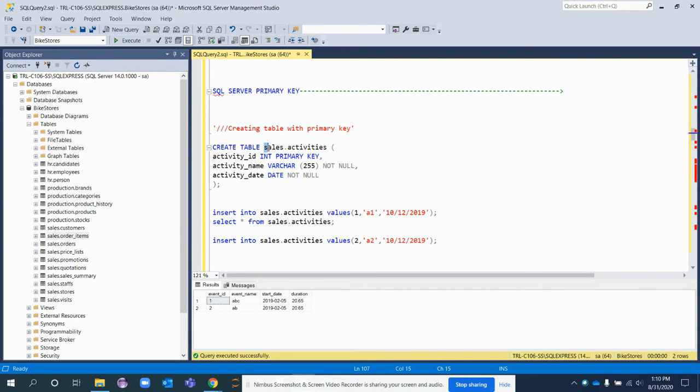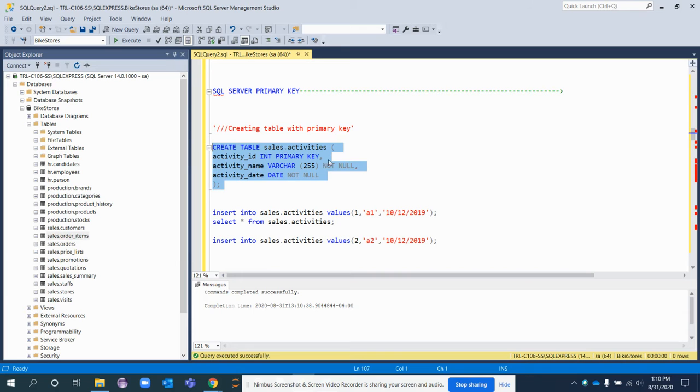In order to create the sales.activities table with three associated columns with their respective data types, the first column, activity ID, is declared with a primary key. So you have imposed a primary key constraint on the table that you are creating, which is named sales.activities.